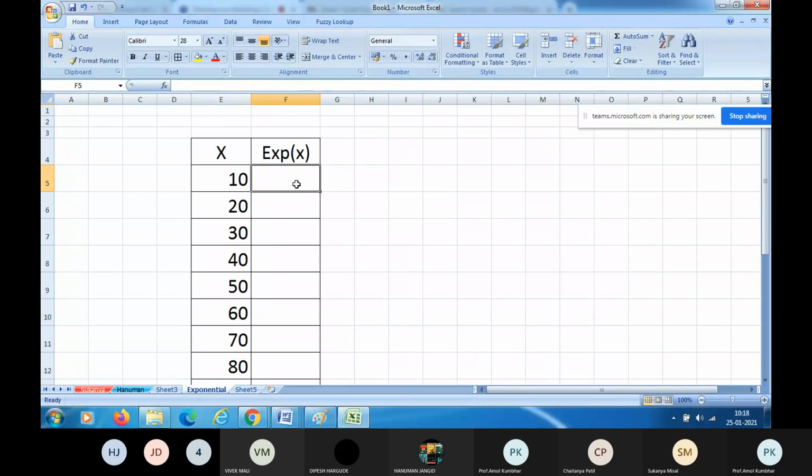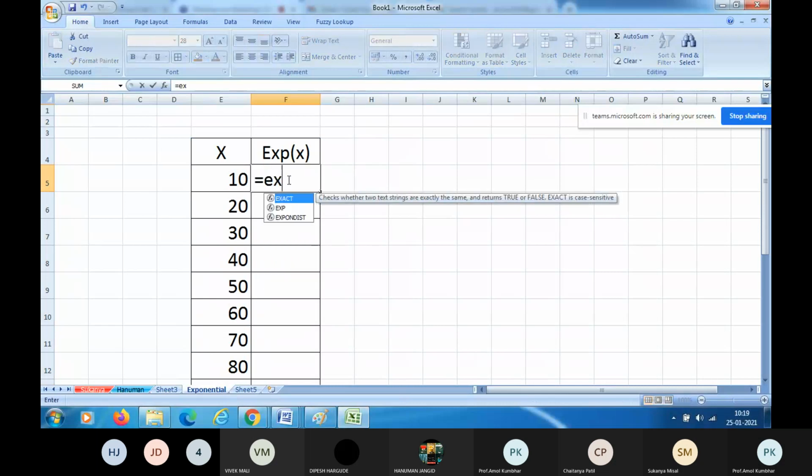Exponential यानी क्या? E raised to x, right? So we have to use a function exponential, right? So equal to exponential. Once I press ex, then exp आ गया यहाँ पे, exact, exponential and expon dist, right? So these are the various functions.